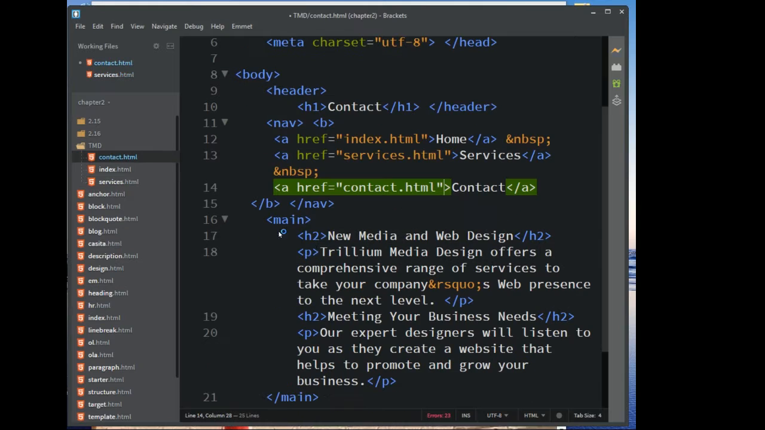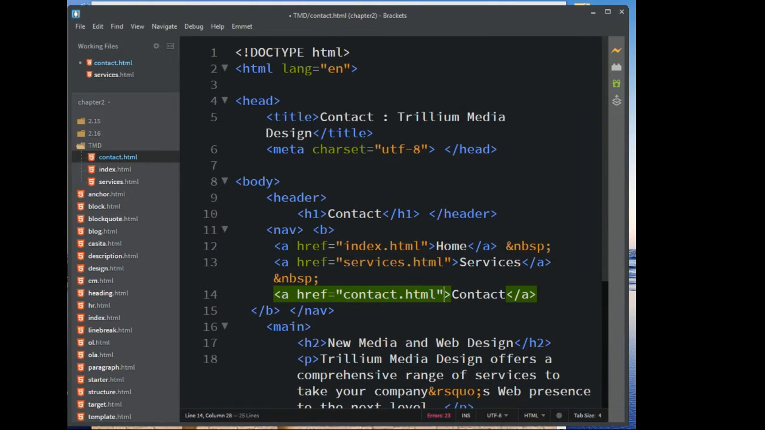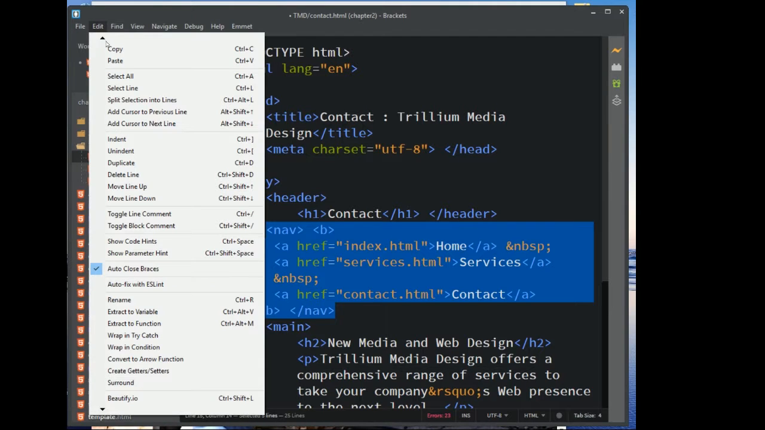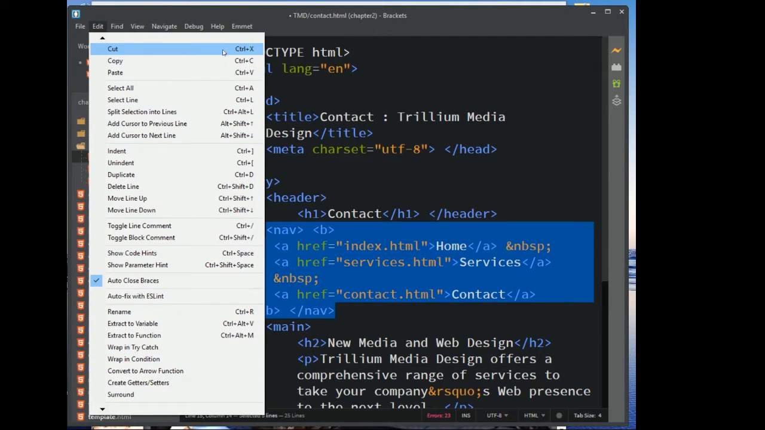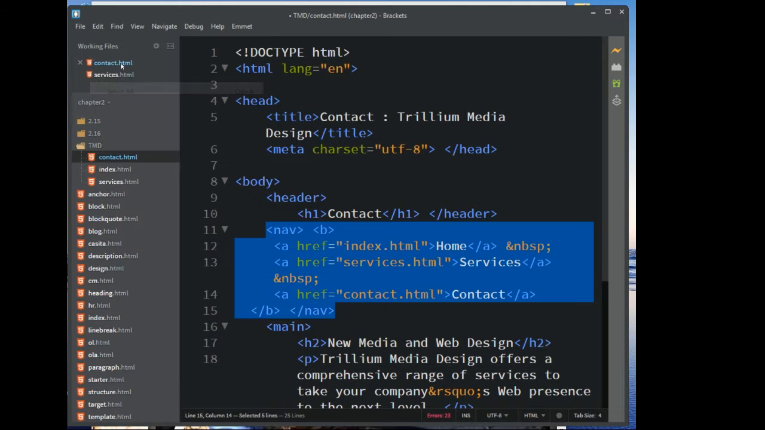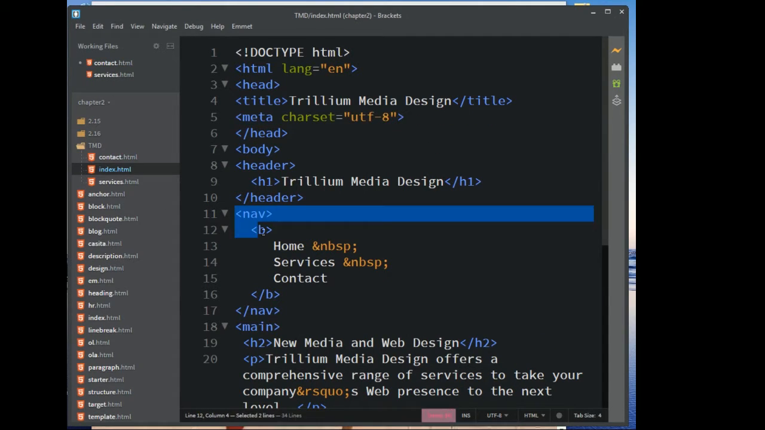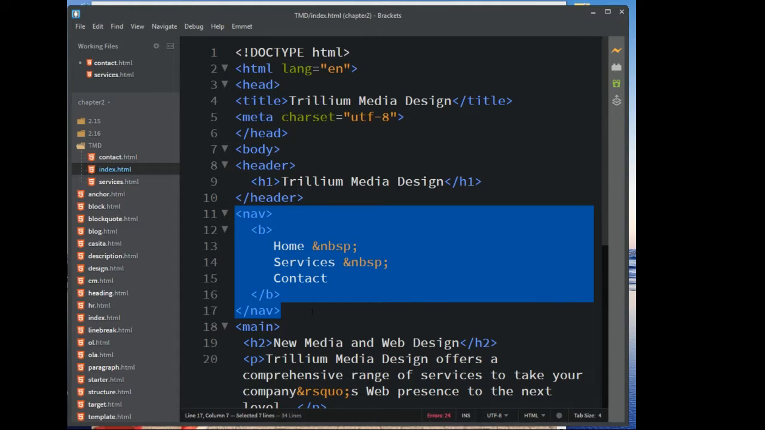So what we're going to do is we're going to copy the navigation that we have here. So we're going to grab everything, opening and closing nav. We're just going to grab it all. So lines 11 through lines 15, we're going to highlight it all and we're going to copy it. So you can copy it with edit, copy, or you can do Control C. Okay, so edit, copy. We're going to go to the index page and we're going to highlight the nav opening and closing all the way down. And we're going to do edit, paste,